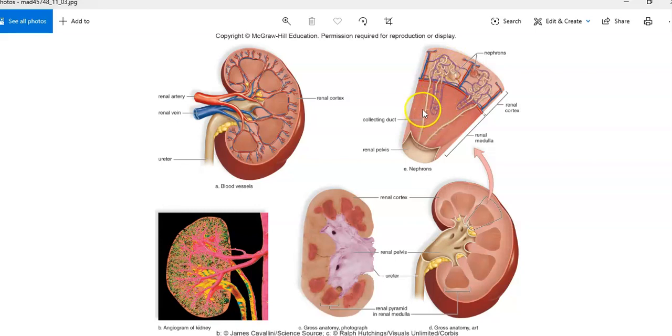Because this medulla is really salty. People feel it's because of the leaking of urea out of the collecting duct here. That's the part we're going to talk about. The deal is, though, to remember that this is really salty tissue. And where there is salt, water wants to go. Okay, so if you remember that,